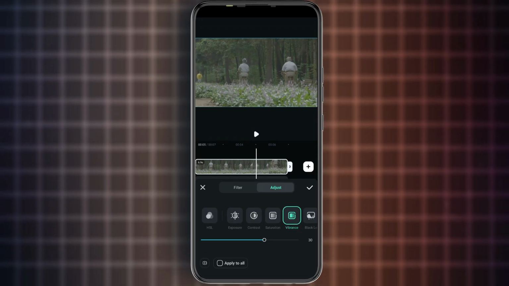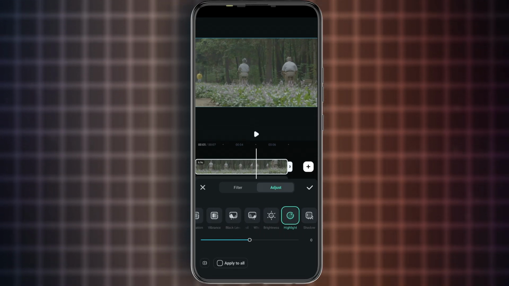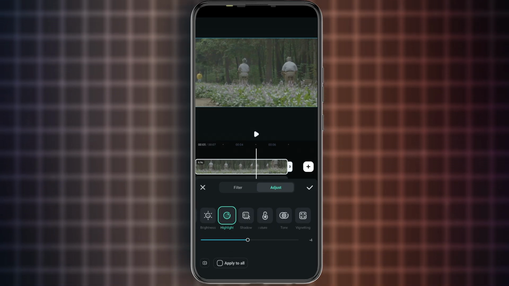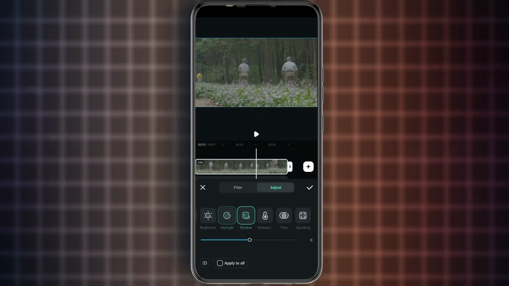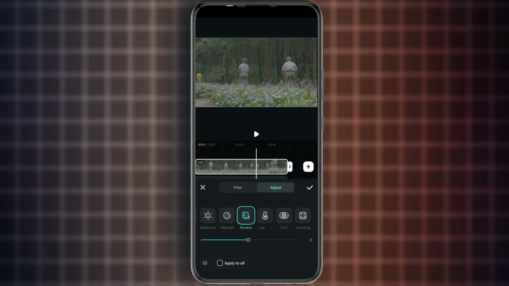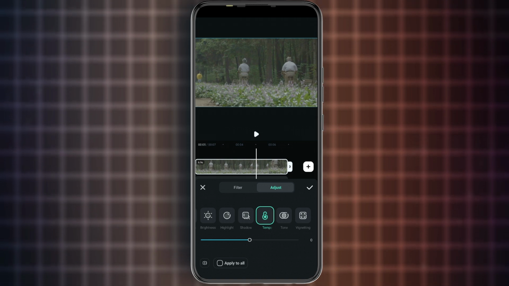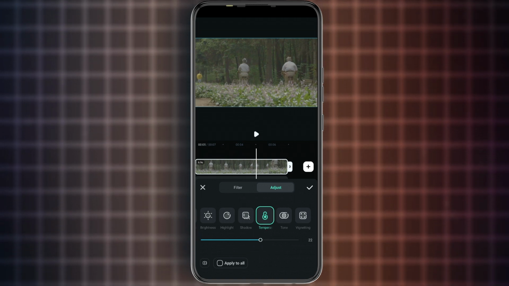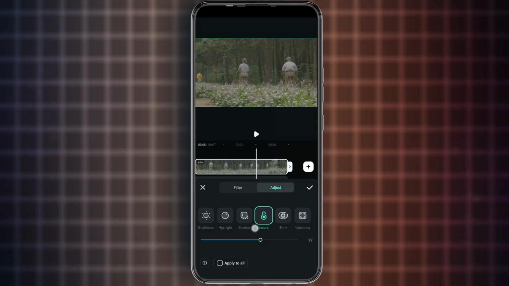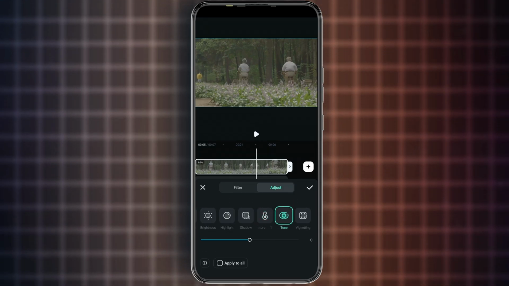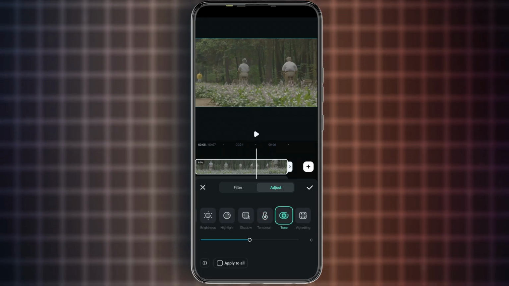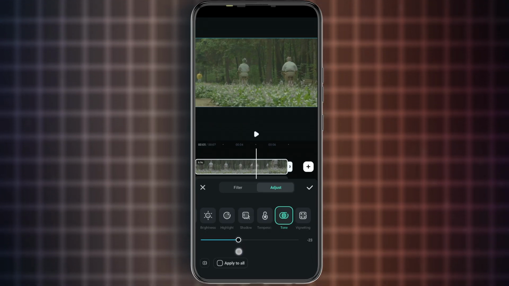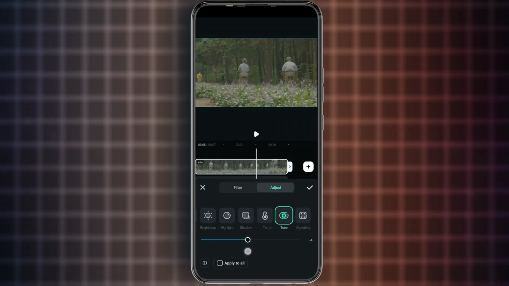skip other options right here and then go straight to the highlights and then reduce them a little bit, and then after that do the same thing with the shadows, and then now the most important part, go to the temperature right here and then increase it to something between 18 and 22, and then after that move on to the tone, so right here I'm going to reduce it to something like -12, oh sorry, -9, I think -9 we do,